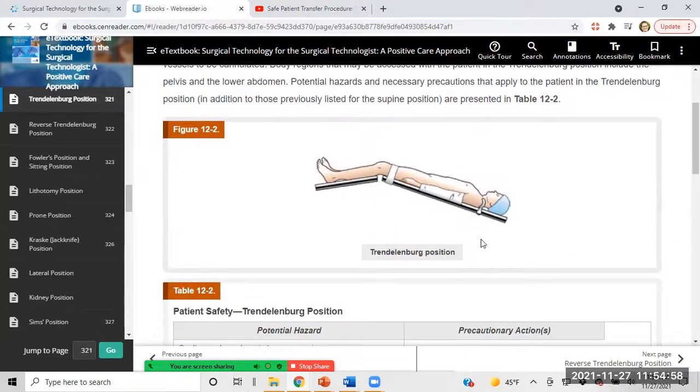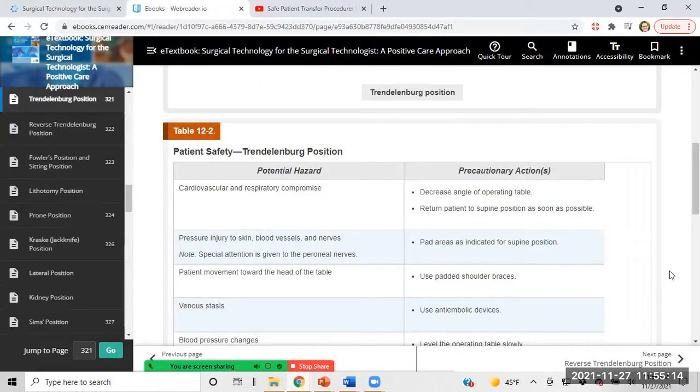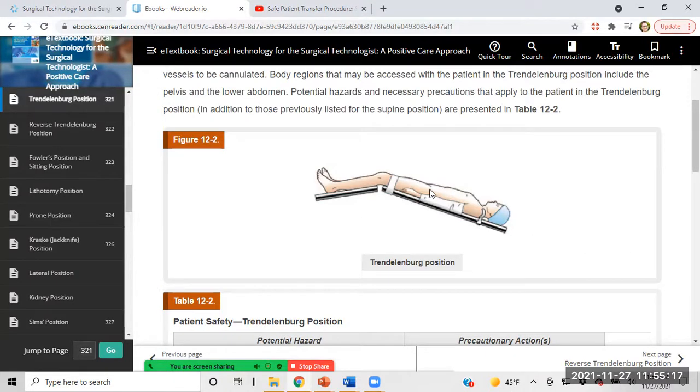This is one method of it where the feet remain. Most of the time you see it where the table does not have the bend at the knee, where the entire table just drops into 45 degrees, and that is Trendelenburg. You may wonder, why is the patient in Trendelenburg? Well, think about a patient that's going to have an abdominal surgery. This position repositions all of the organs in a cephalad motion, so that all the organs move toward the head,